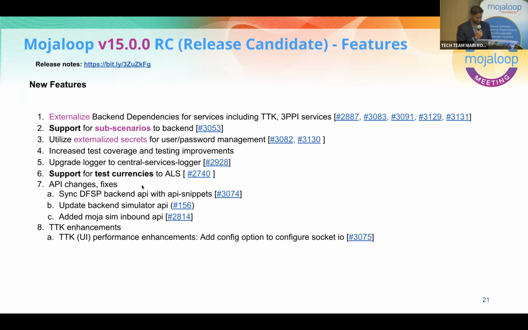V15 release candidate. There are some aspects here that Miguel, my colleague, will go into detail on, but there are 2 things I want to cover here. There was a proof of concept done for remittances, where some of the fields in the FSP interoperability specification were used for implementing a remittance functionality. That was done in this release candidate as well, using sub-scenarios to specify remittance as an option. And there were some enhancements done where test currencies were not supported in some of the services like ALS, so that was fixed as well.